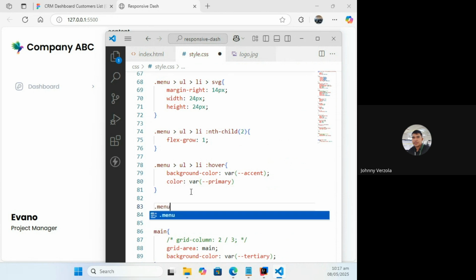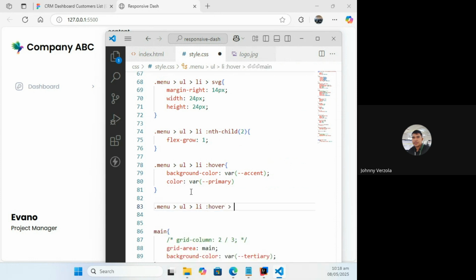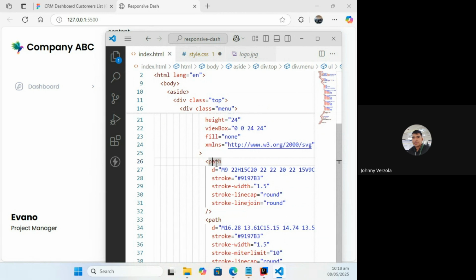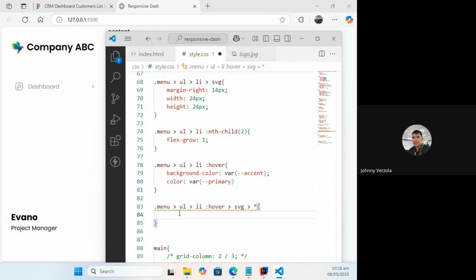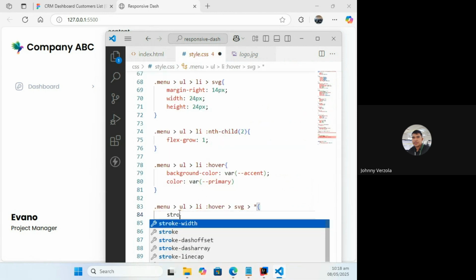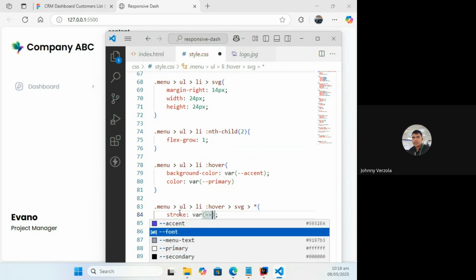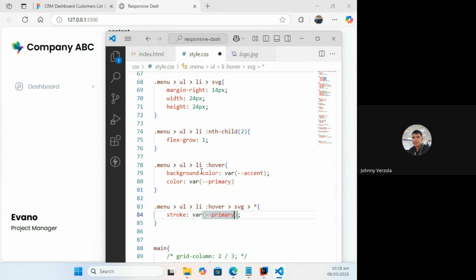That menu UL LI, when I hover that, I'm also going to target the SVG, every path inside it, that's the asterisk, because as you can see, the immediate children of the SVG are paths. I'm going to target them, then I can change the stroke color to bar primary. Save.